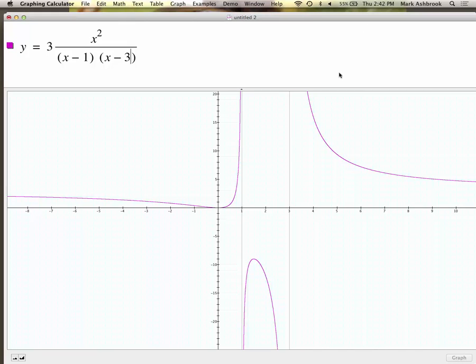All right. Okay, so it's all crazy in the middle here, right? And what do we got? We got roots. What are our roots? We have a root at 0. There it is. And we got an asymptote at 1, asymptote at 3. Okay, so that's our x equals 1 and x equals 3. And what did we find for the effective leading term? We did 3x squared over x squared, and we got effective leading term of 3, which means that for really big values of x,